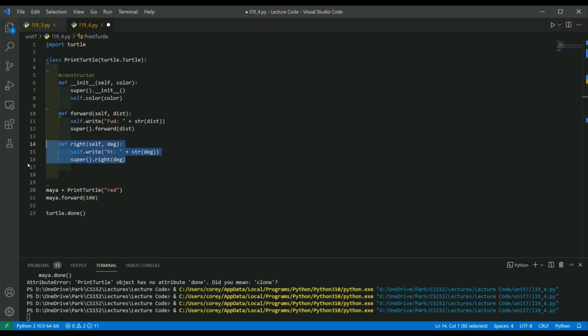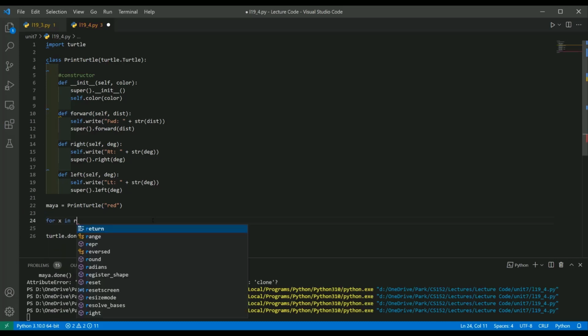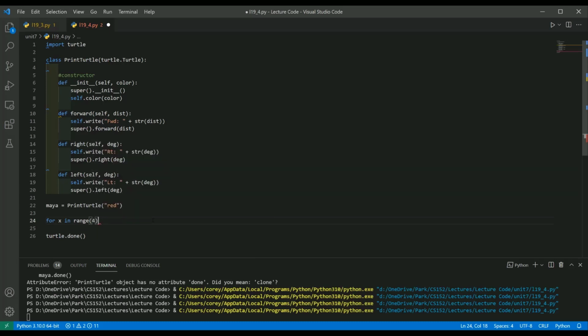So now we're just going to copy this, right? And we're going to make this left, and instead we're going to make this LT, right? And then with a degree, and then we're going to turn left, right? So now let's go ahead and make a box, right? For X in range, we're going to say 4, right? We are going to go